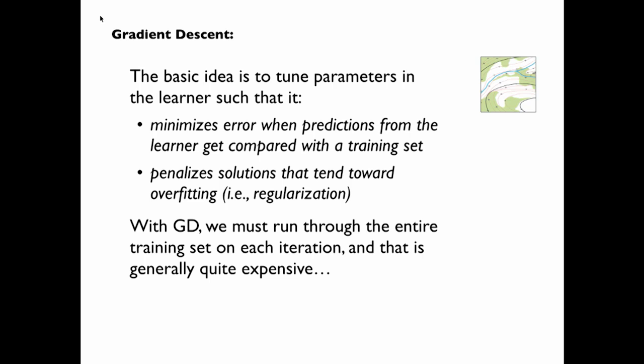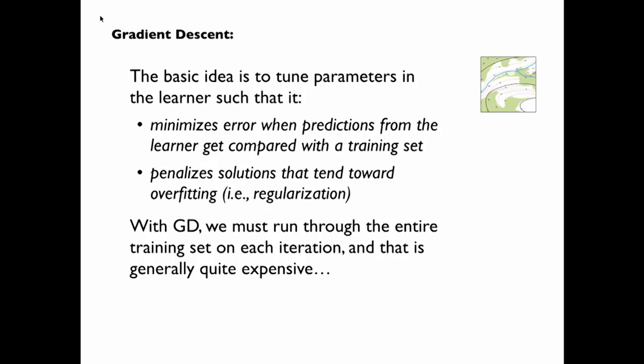And number two, we're going to penalize solutions that tend towards overfitting. So going back to what I showed with ADMM, you've got f of x, which is your loss function. So you're trying to minimize, how you're accounting for variance, any problems there. But then at the same time, you've got your regularization term, which means you're trying to avoid overfitting, which is to say you don't fit so closely to the training examples that you can't generalize and fit the whole data